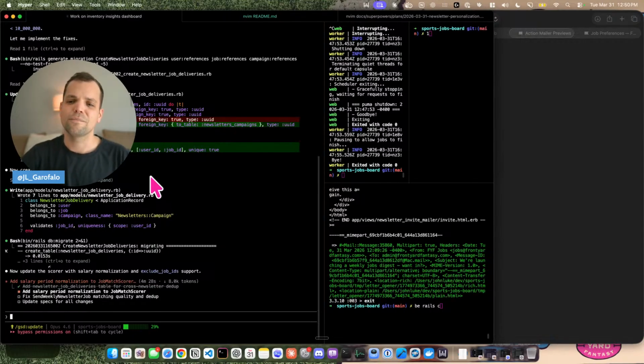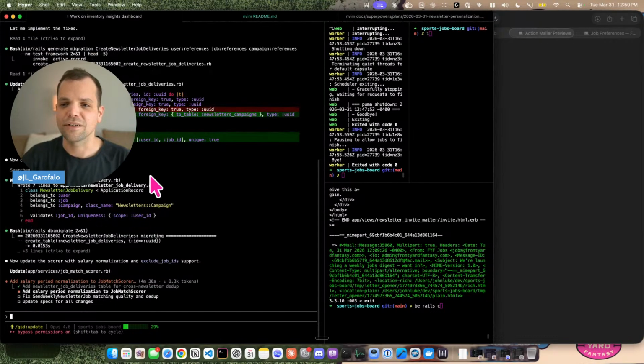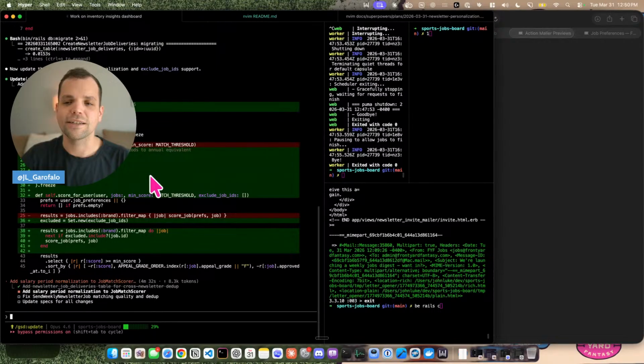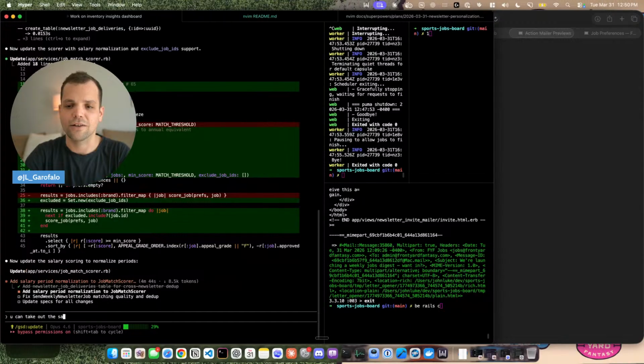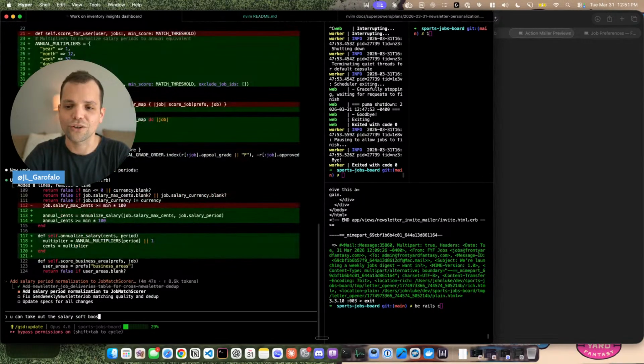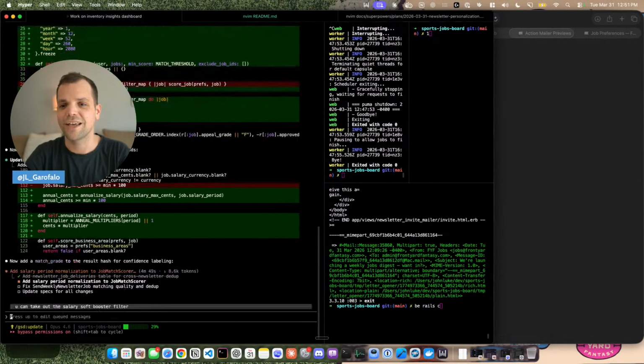So that feels like less of a useful criteria. I didn't even want to set it when we were setting our job preferences. So that's something we could probably just take out. I think there's a way to interrupt it, but you can take out the salary soft booster filter. I hate that it keeps making me say soft booster.